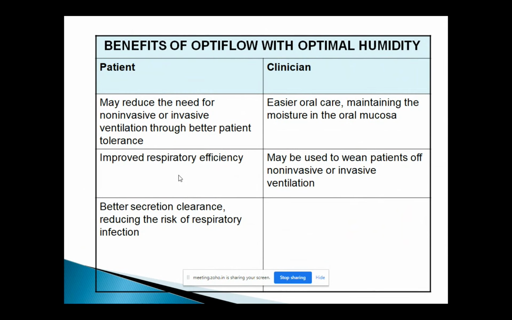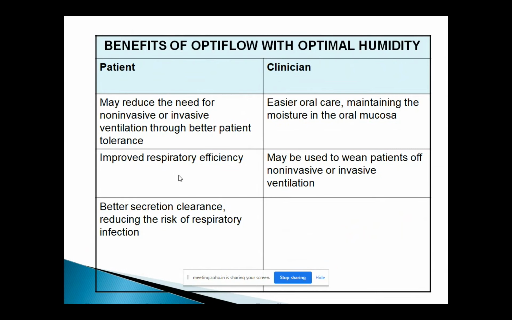There are patients who got intubated, or there are patients who got into non-invasive ventilation. But again, if the patient is going on non-invasive ventilation, and if you want to give them a break for their lunch or food or medications, you can take them off and put them on OptiFlow, and you know that you're providing the right amount of treatment, and you know that the patient is getting the exact fraction of inspired oxygen. So there is a bit of confidence there.